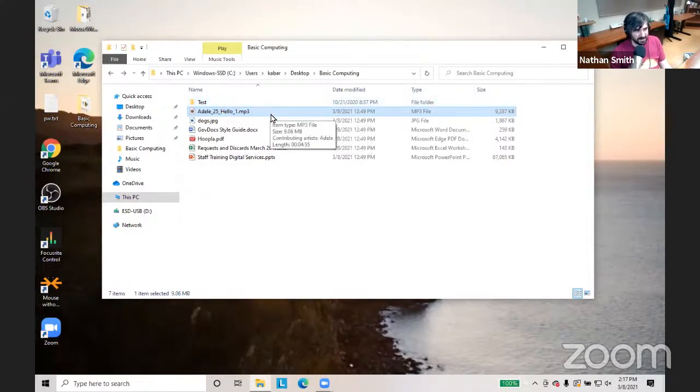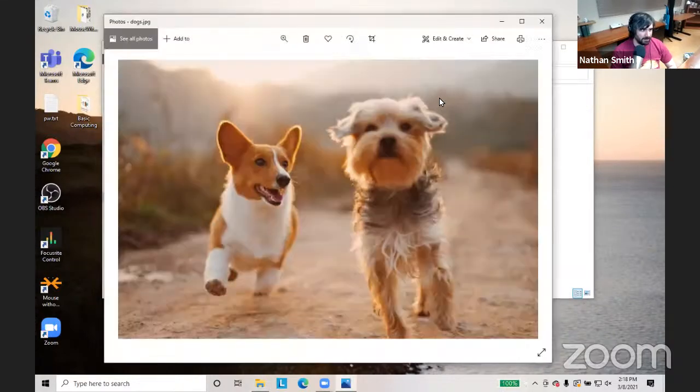So by just looking at this, because I happen to know, I can tell, oh, this is audio of some sort. And in this case, it's a song. This one, dogs.jpg, the .jpg tells me that this is an image of some sort. You might also see it sometimes spelled as JPEG. You pronounce both of them JPEG, and they're the same type of information inside. If I double click on it, then you'll see it's a picture of 2 dogs. Hey, all right.